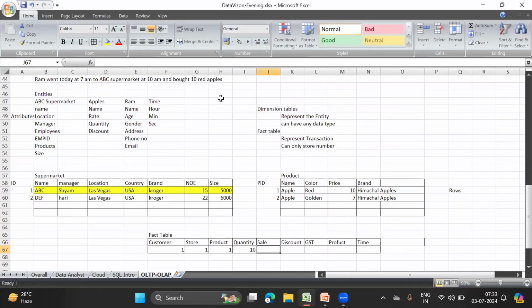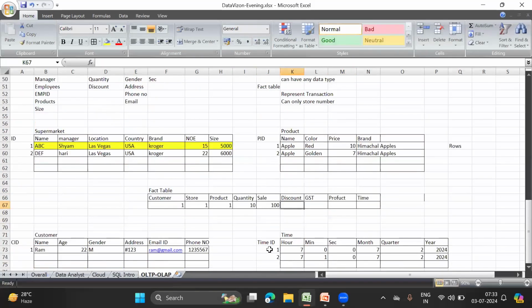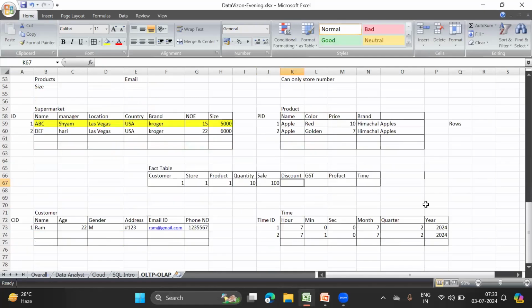So quantity is 10. What was the sale amount? Because, for example, each red apple is worth rupees 10 and he bought 10 red apples. So the total sale was 100 rupees. And was there any discount provided? Let's say there was a 1% discount which was provided to him, and 1% is 10 rupees. And then GST, let's say there is no GST on this, so we can leave it blank.